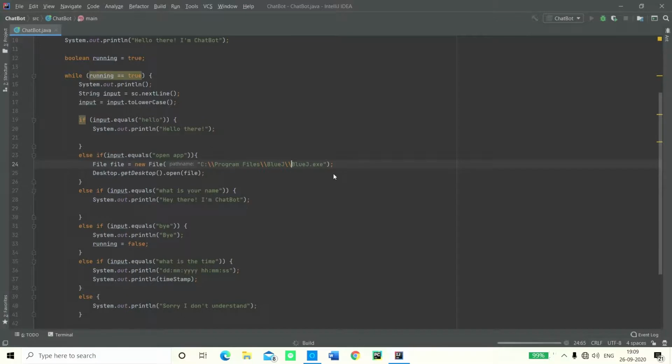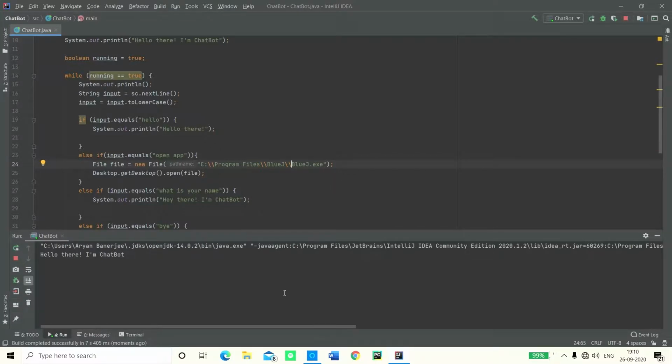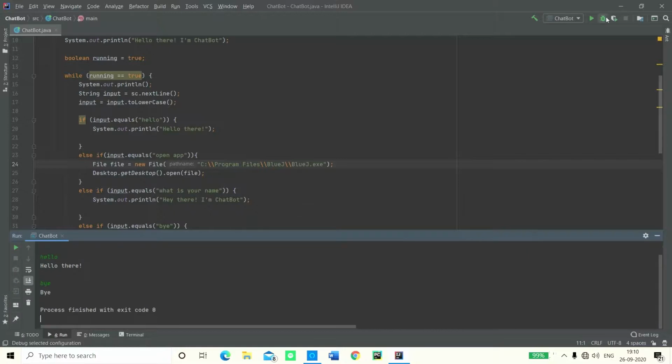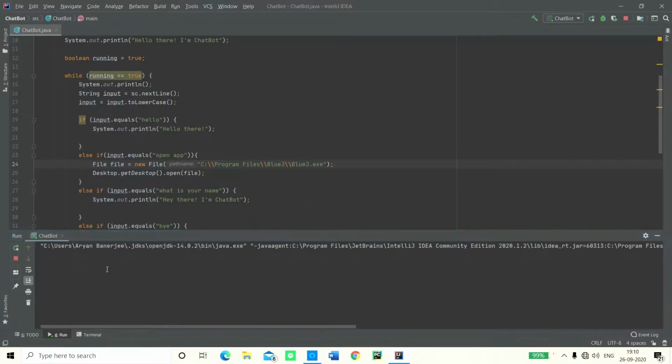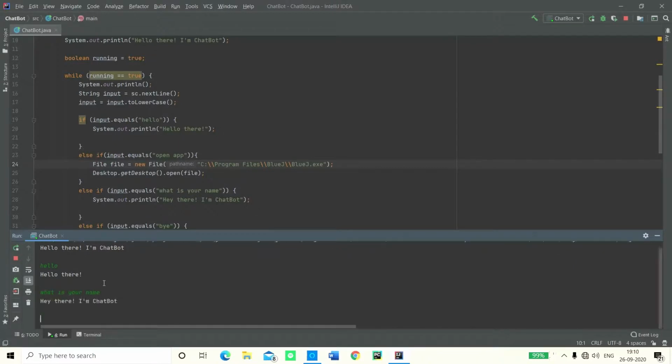So I'm going to give a little brief introduction because I didn't really test it out in the third tutorial, so it's going to take a little bit of time to pass the whole thing. Alright, there it is. So I'm going to go ahead and say hello. It says hello there. Alright, let's say bye. It says bye and it's done. So I'm going to go ahead and run it again, and it says, so what do you want to say now? Hello, what is your name?